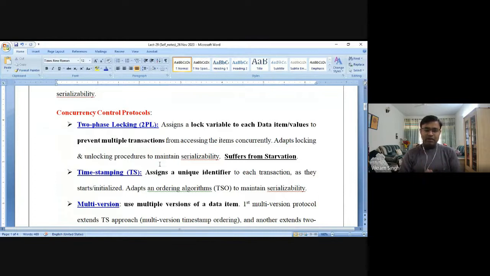In the case of the locking mechanism, we create a procedure, a function which will lock the data item. Locking means any transaction which is trying to access data item X will initially call a function called lock data item X, and after locking it, it can perform all its operations, right? And other transactions in a schedule who are trying to read the same data item should wait for a while. राइट तो एक ट्रांजेक्शन जब उसको लॉक करेगा उसके बाद उसमें अपने ऑपरेशंस एग्जीक्यूट करेगा, रीड